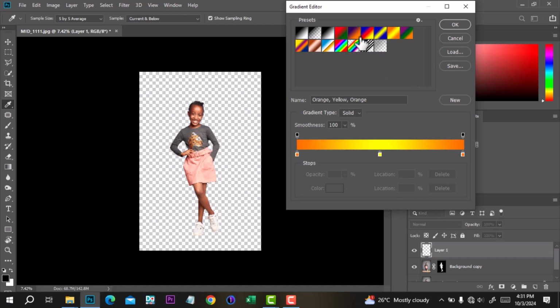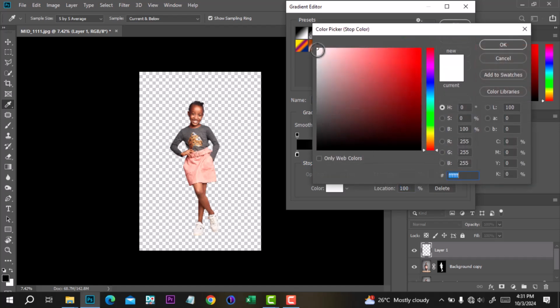It could be on any color. You could play around with color, but for the sake of this tutorial, it's black and white. I want to click on black and white, and then what I want is white and gray actually. So we want two colors, that's why we're selecting black and white. So what did I want to do? I will click on here, make sure it's on white,